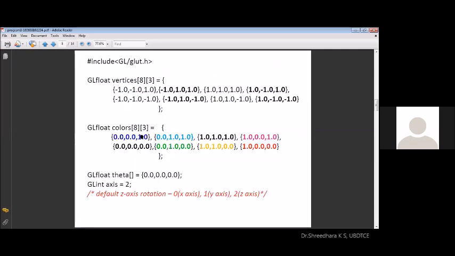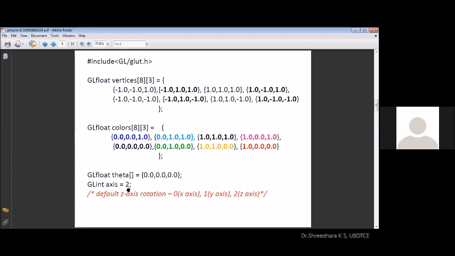So you are clear with vertices and colors, and one more thing is that each time you are rotating it, you have to find out the values of the angles of the x-axis, y-axis, and z-axis. Each time you are going to increment with the degree values. Totally there are 3 axes, 0, 1, 2. 0 is represented for x-axis, 1 for y-axis, and 2 for z-axis.